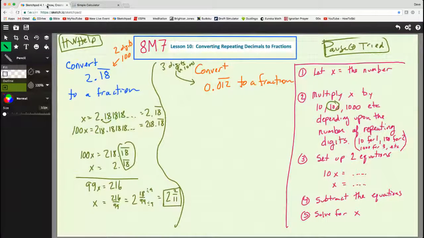All right, let's go ahead and do this one. Let's convert 0.012 repeating into a fraction. So x is equal to 0.012012012. And so 1,000x. Why did we use 1,000? Because we have 3 repeating digits. So 3 repeating digits, we need 1,000. So that equals 1, 2, 3. So the answer is